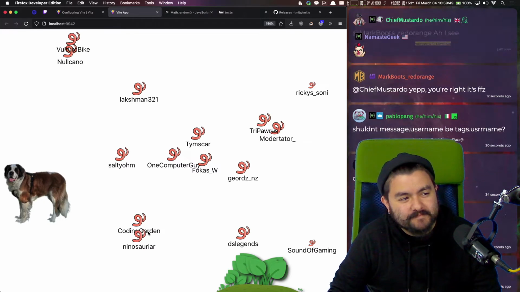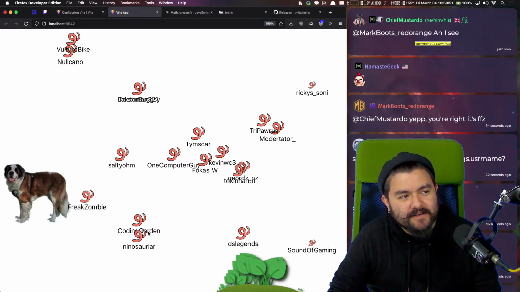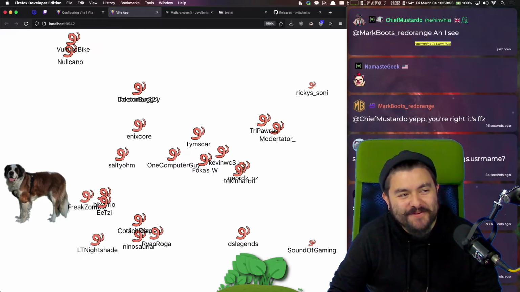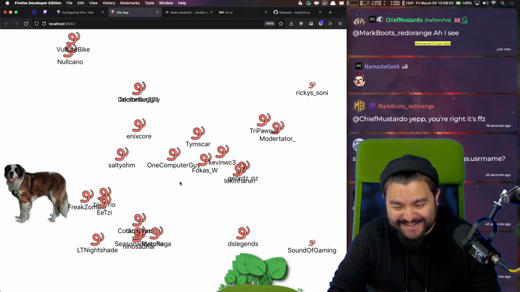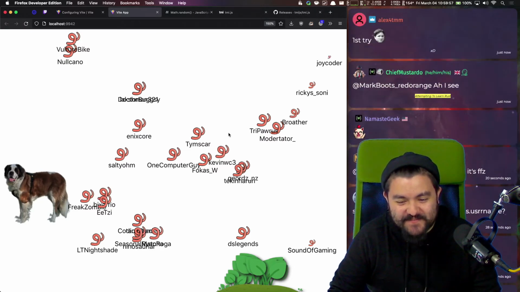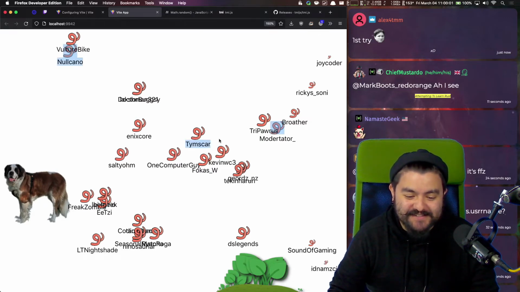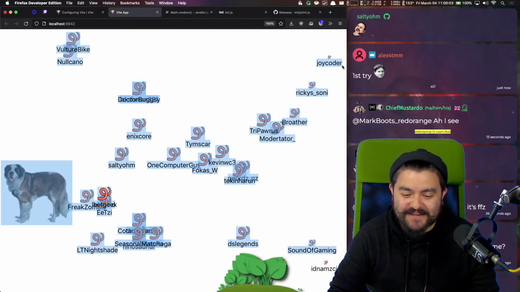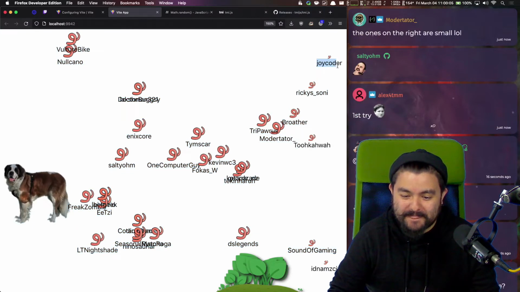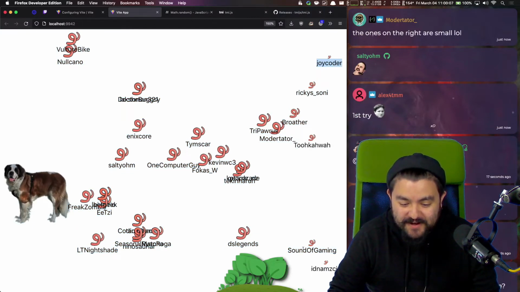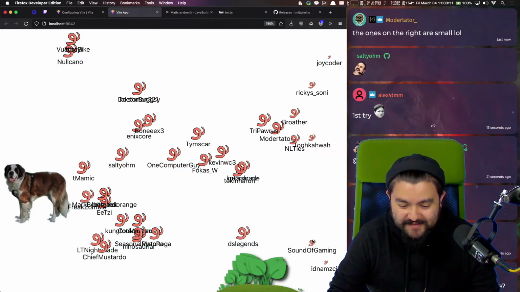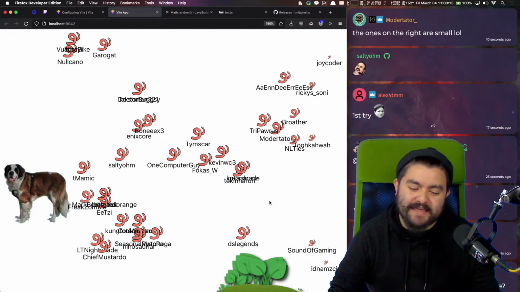However, we need to update the text. Wait. Yeah, people's tail size is now relative to the length of their name. Well, no, I believe it's because their names are longer. This doesn't make any sense.